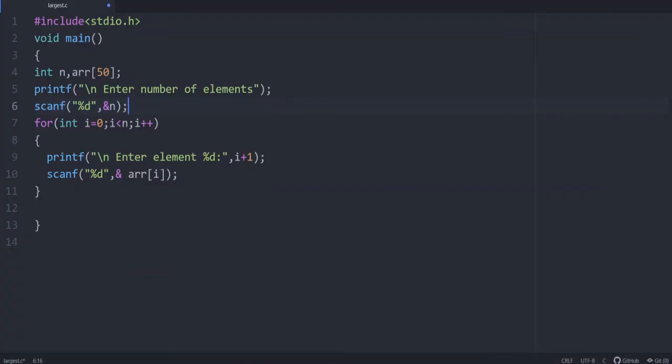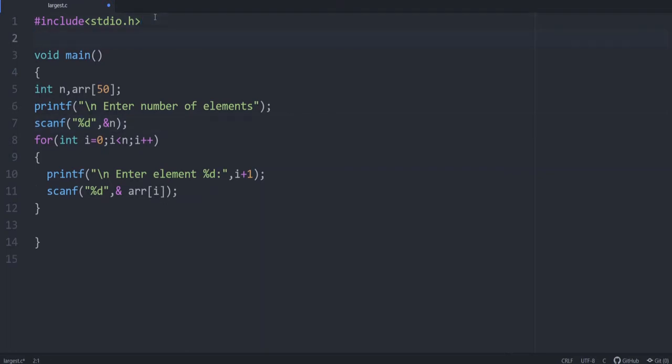In this topic, let's learn how to pass arrays as arguments to a function. We just now learned the basics of functions. So here the program is, we are going to write a program to find the largest element in an array. So we need to write a function for finding the largest element in an array. So first, let's include the function.